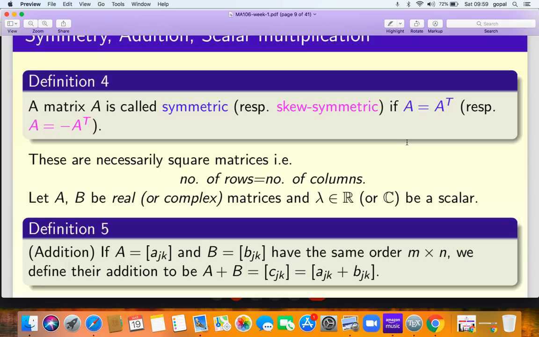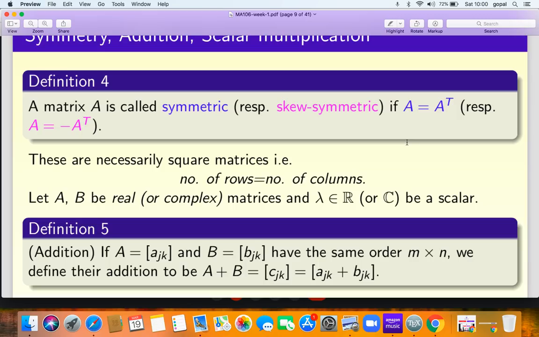Adding two matrices. Now you can only add matrices which are of the same size. You can add a 2 cross 3 matrix to another 2 cross 3 matrix. You can't add a 2 cross 3 matrix and a 3 cross 2 matrix. You can't add them. So A equal to AJK, B equal to BJK are two matrices, generally rectangular matrices of